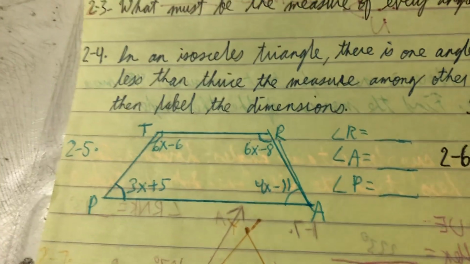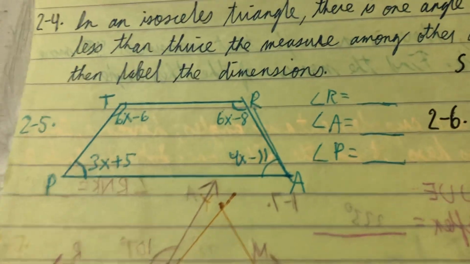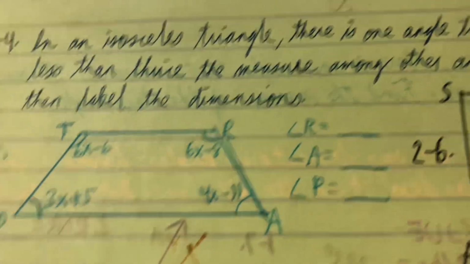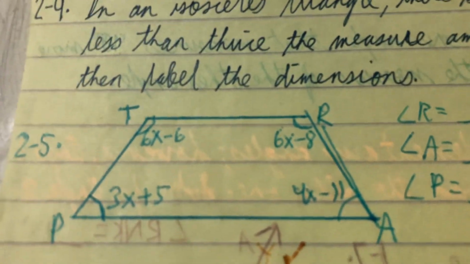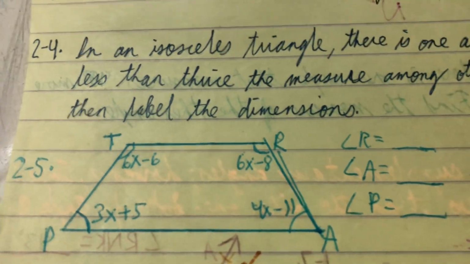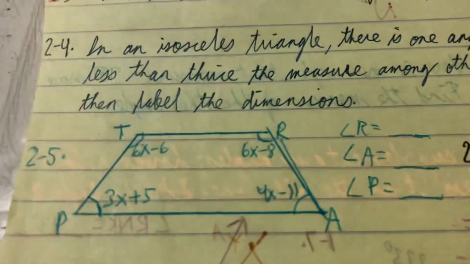Okay, ladies and gentlemen, welcome back to number 5. So welcome back to our 50-word problems marathon. Now we're down to number 5. Item 2-5. In item 2-5, we have a trapezoid with these angles having an algebraic